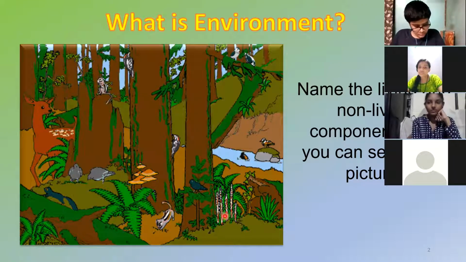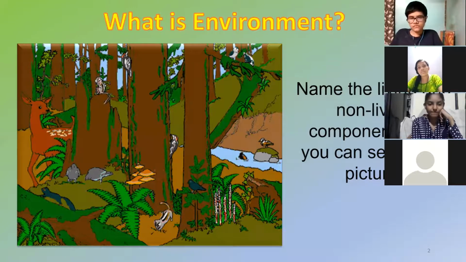Correct? So this entire picture, now you observed so many things in it, but the one main thing is that this small picture, which is a very common one, is of a tropical forest. Forget tropical, it's a forest. Correct? You can understand it's a small, simple forest picture. And in this one picture, you were able to find so many components. So based on that, now you can define the environment easily. So what is the meaning of the word environment now?